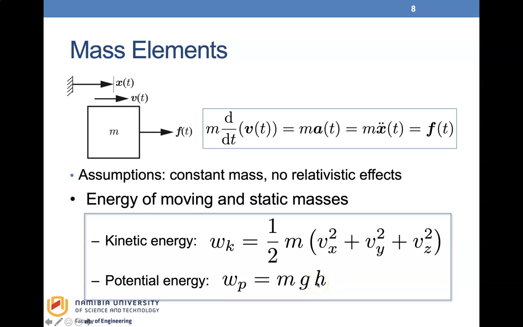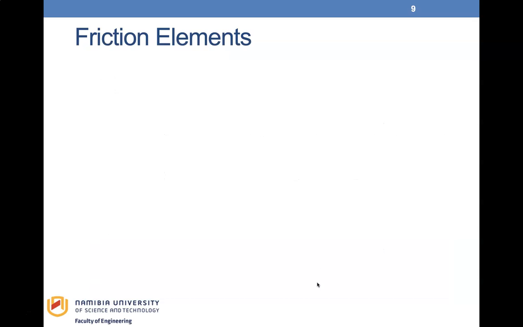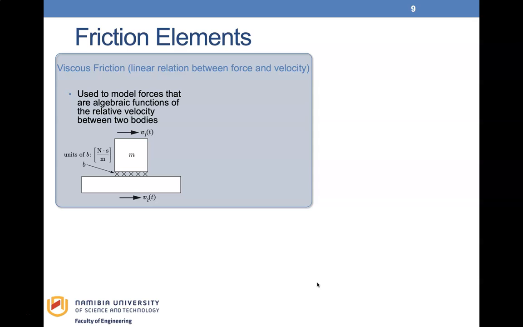So this is potential energy of the mass. Now let's look at the friction elements. Friction elements are elements with viscous coefficient or damping coefficient. So the viscous friction, which is a linear relationship between force and velocity, in this case, you can see that